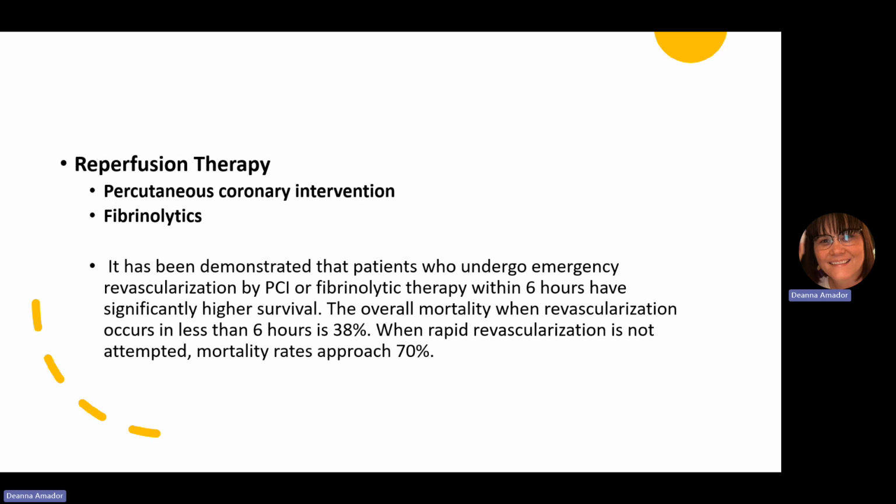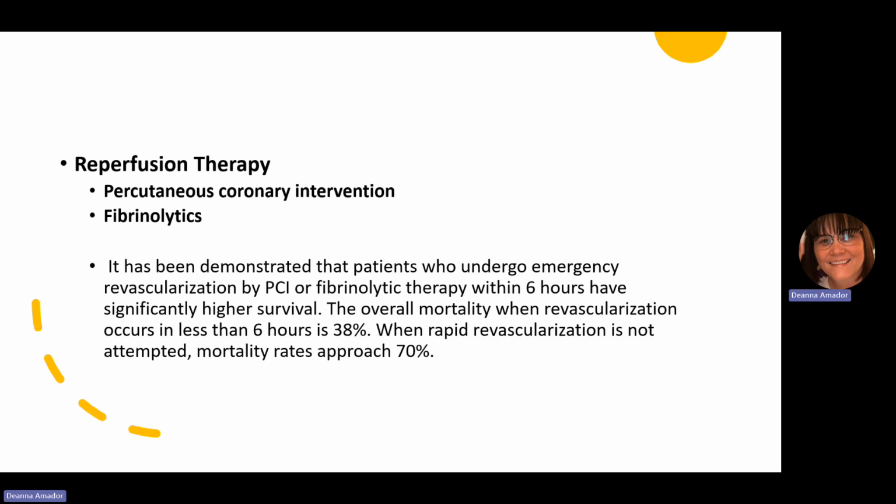Or if you're at a place where they don't have that capability, if someone's coming in with a STEMI, then we're going to look at fibrinolytics. And you can see there it says that when revascularization occurs within 6 hours, we can actually decrease the mortality rate from 70% down to 38%. So it is a big deal to get these patients